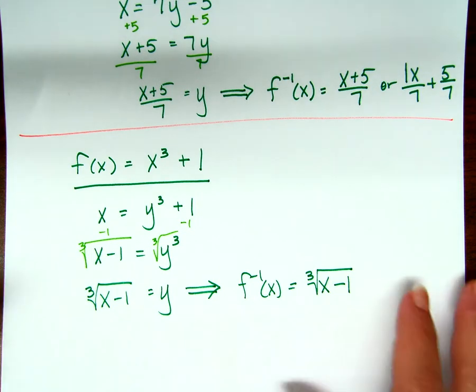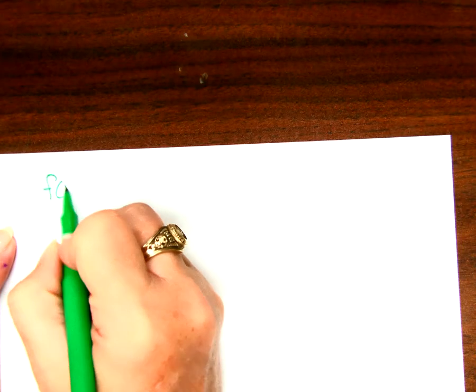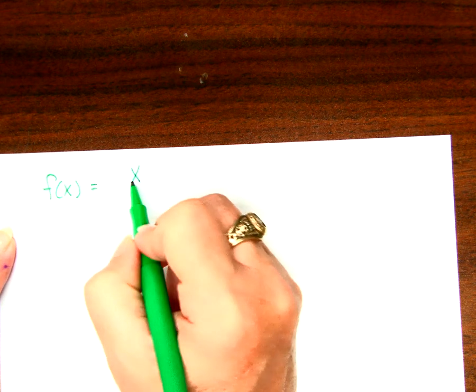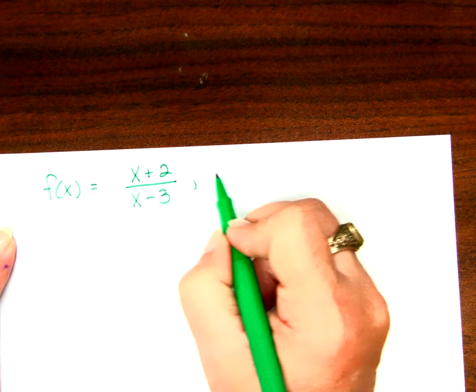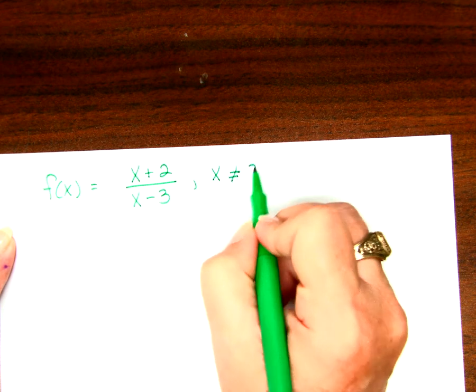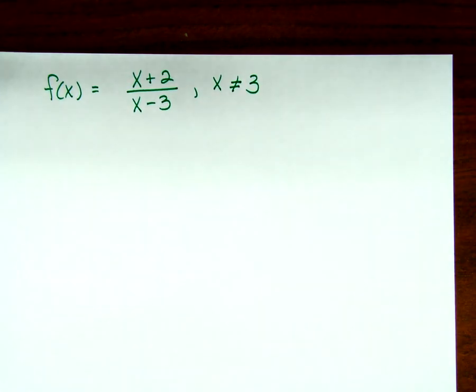Okay, we need to do one more. F of x equals x plus 2 over x minus 3, where x is not equal to 3. Do we know why x cannot be equal to 3? That would make the denominator 0. Excellent. Okay. But if I'm finding an inverse